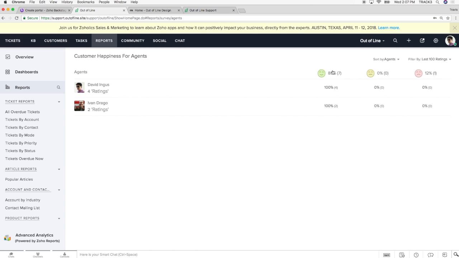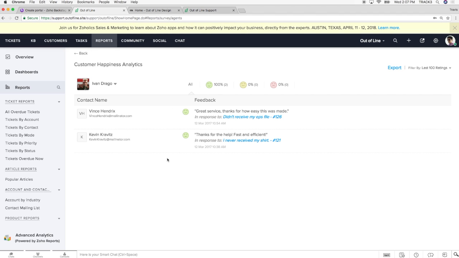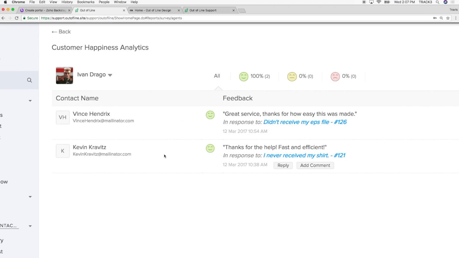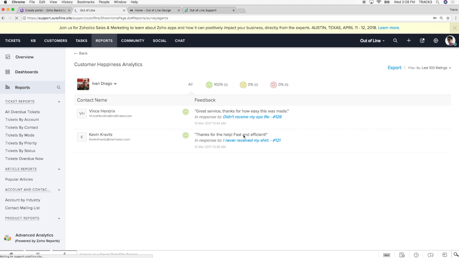You can see 88% overall for your company is happy, and then 12% are upset. So right away, you can jump in and say, okay, I want to see people who are very happy with our support. What happened there? I clicked on the little happy guy, and now I'm seeing all the tickets associated with Ivan Drago. And I can see, okay, what went well here? How did they get this happiness rating? Were they responding quickly? The point is, I could click on this. That's the ticket that this happiness rating is associated with. I could click on that and very quickly see, okay, this person's quite happy.